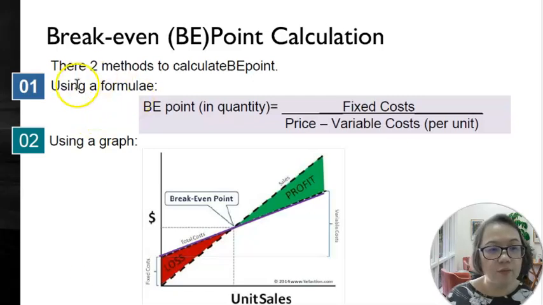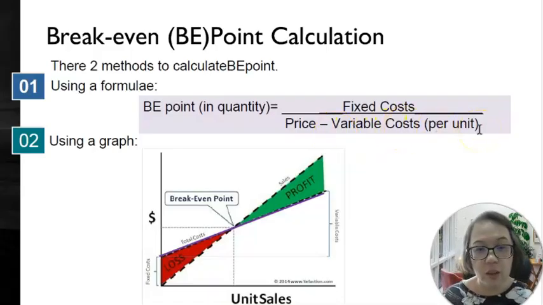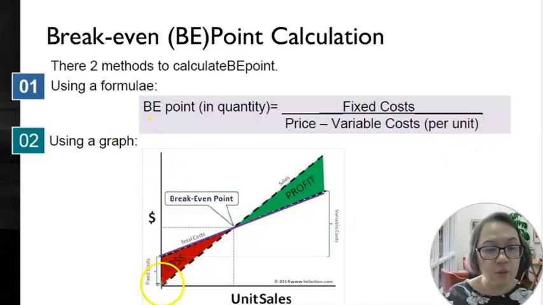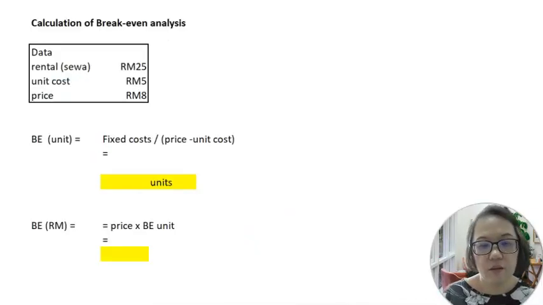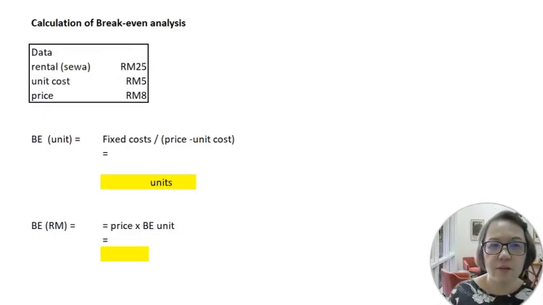Okay, here we have one formula. The formula to calculate break-even point in quantity is fixed cost divided by price minus variable cost per unit. Cost per unit here is not the total cost. And for the graphic method, you can find one line that represents the sales and one more line that represents the total cost. I will prefer to show you the calculation in mathematics. You can find this page together with the account statement examples here.